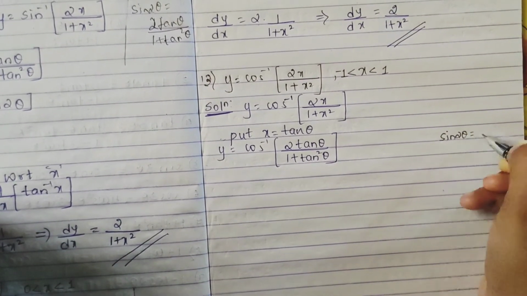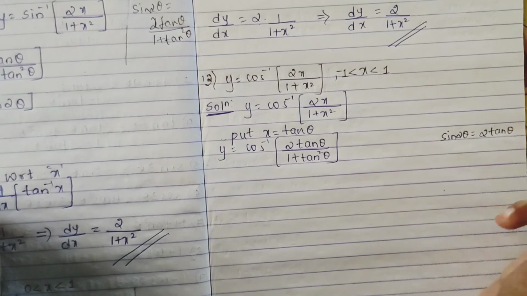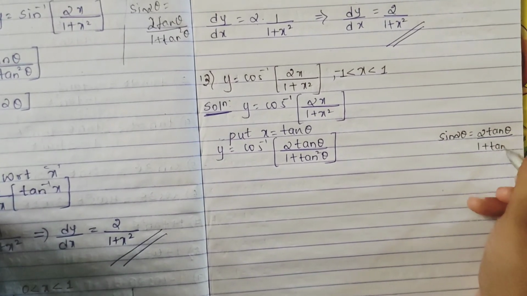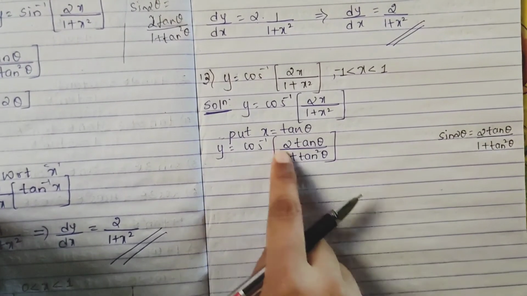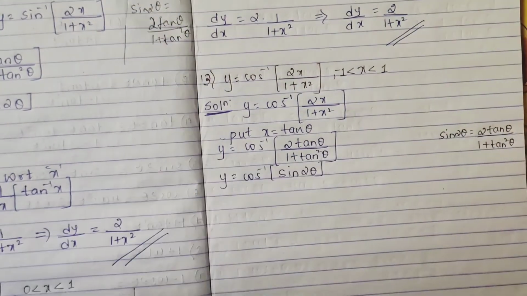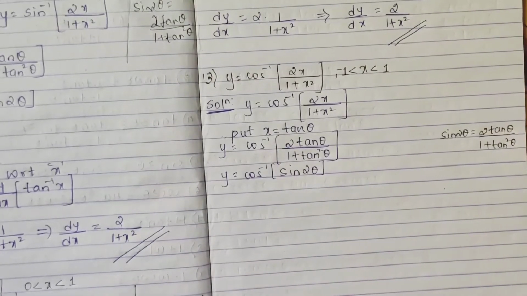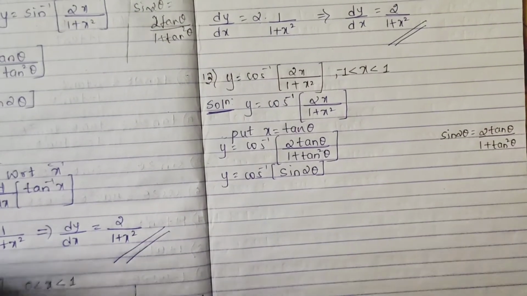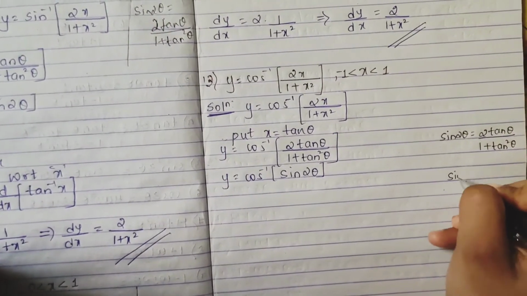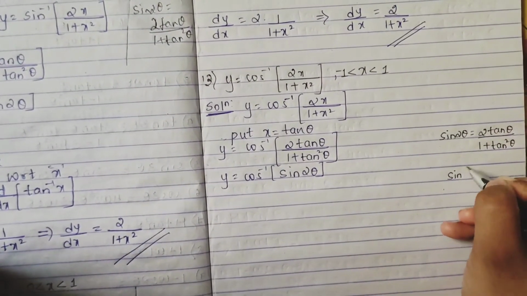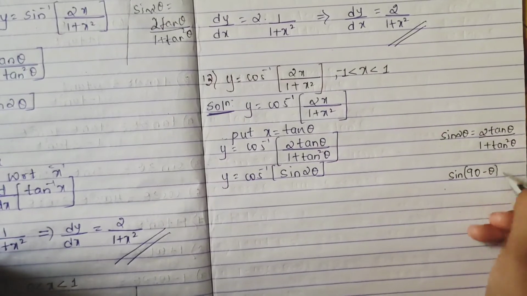Yes, you have done so many of these. 2 tan theta divided by (1 plus tan square theta) is your sin 2 theta. So this will be replaced by sin 2 theta. But as you can see, we have cos and sin, so they don't cancel. So here what we're going to do, you have studied in your PUC level, right? Your half angle formula is sin of (90 minus theta) is equal to what?